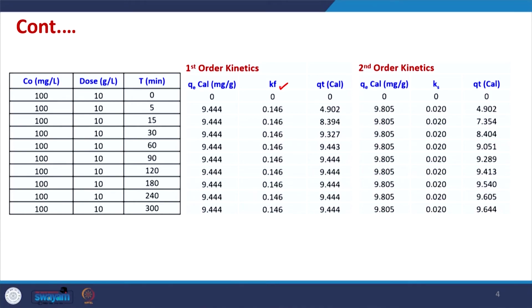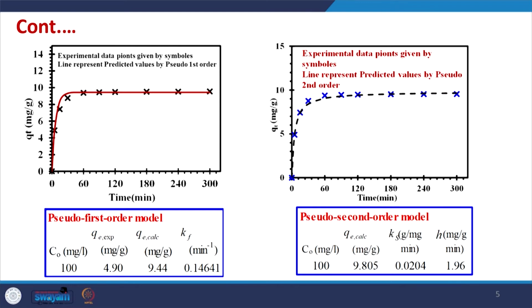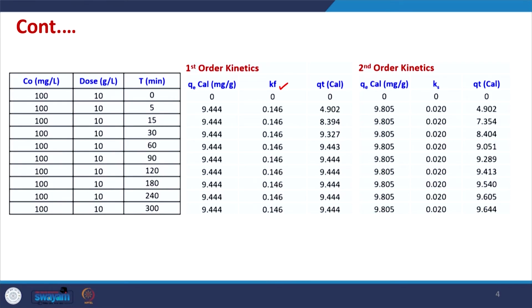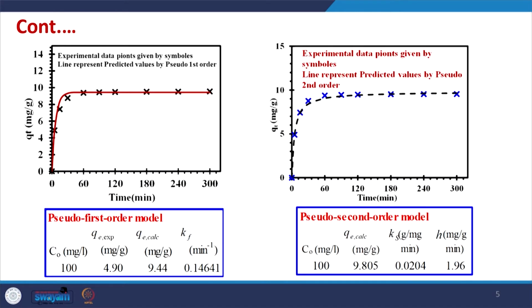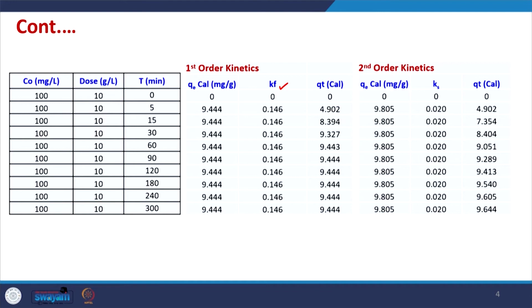parameters of Kf. So, under that approach we can always use any of the regression techniques for solving this, and the second approach is to use the linearization approach to solve. So, either approach can be used. We can always linearize the first order model and second order model. We can use the non-linear approach and directly go for regression and fit using the regression fit, and in that case what we do